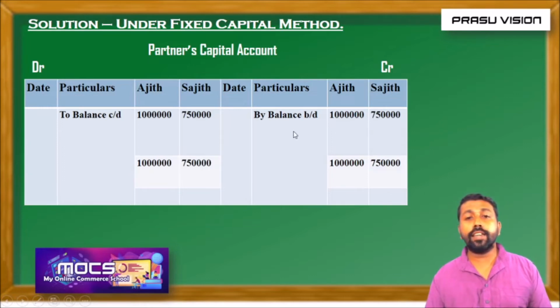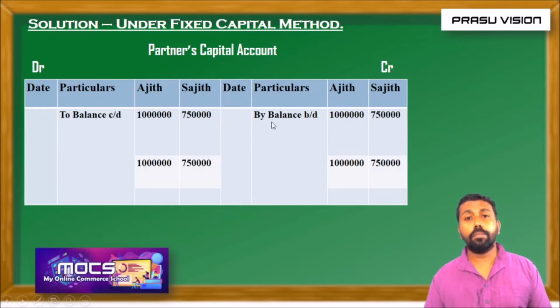And in this question, there is no additional capital, and also there is no amount of permanent withdrawings. So we just have to total the amount and then balance it. So after recording the item on the credit